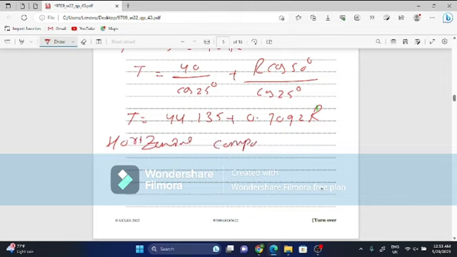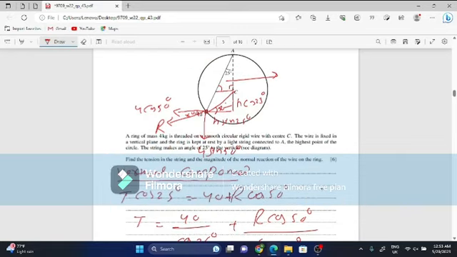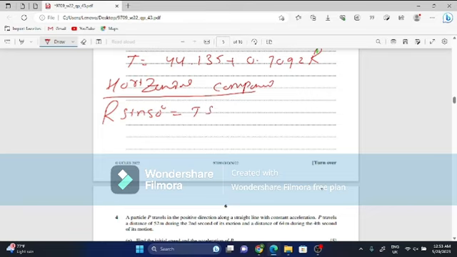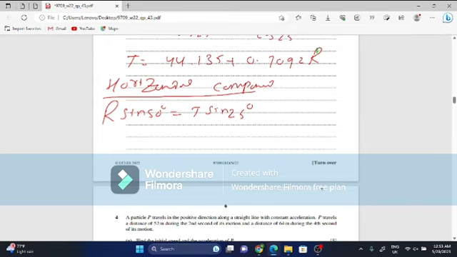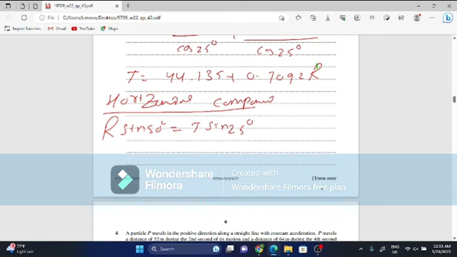Horizontal components, that can be written as R sine 50 degrees, which equals T sine 25 degrees, right? So make R the subject of the equation. I'm not doing the whole simplification because space is very low. Here you have to just plug the relevant value of T over here and solve, and further your R will be coming as